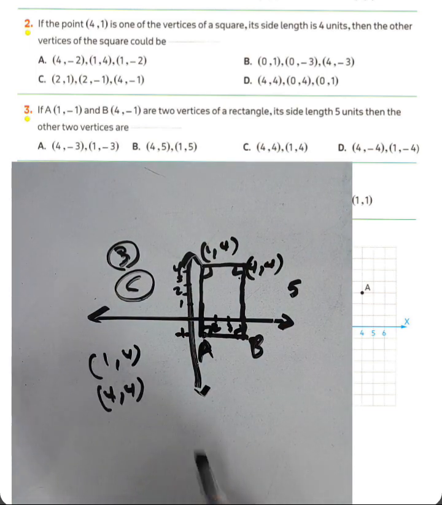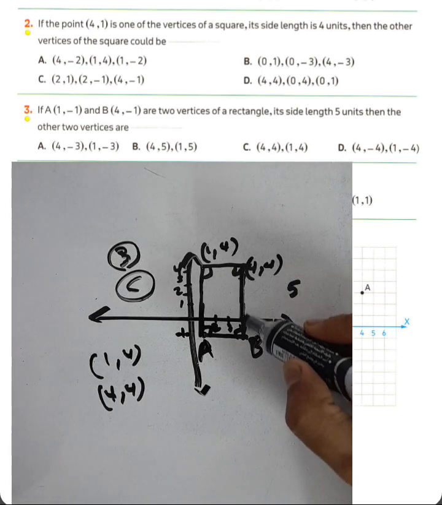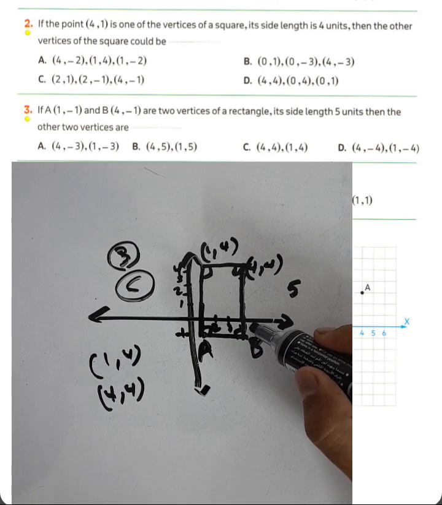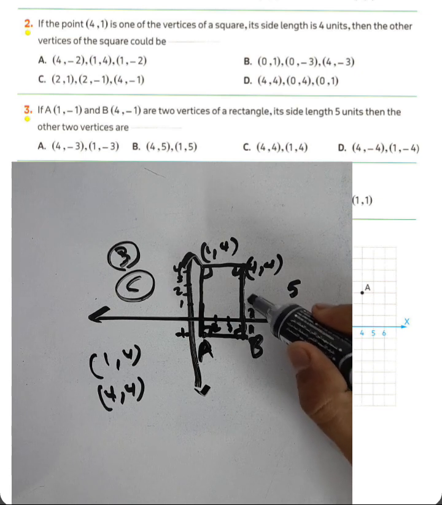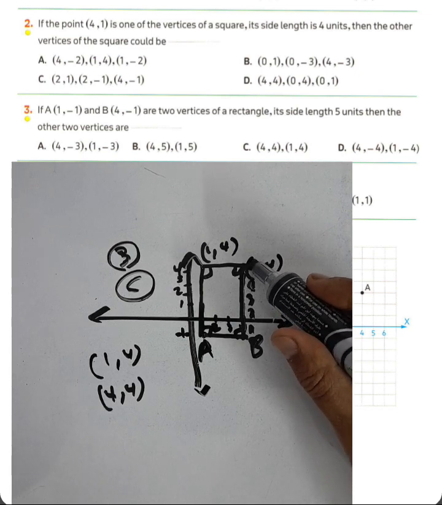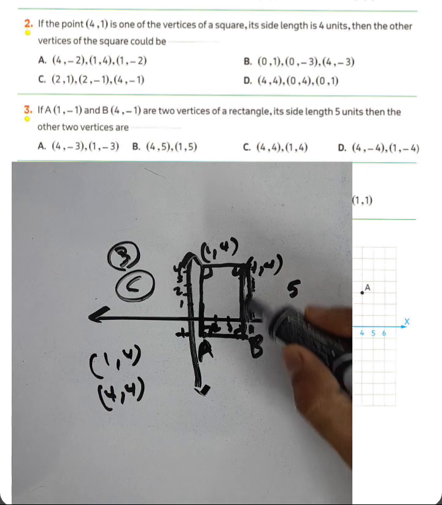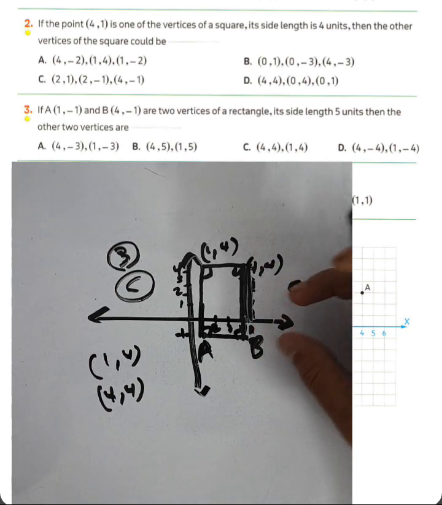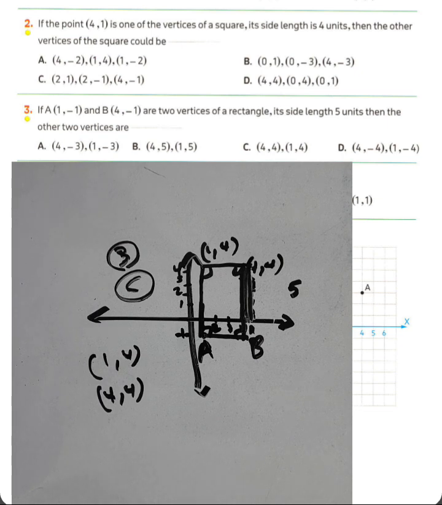Why? Because it tells us this figure will be a rectangle and the length was 5 units. We have here 1 unit. 1, 2, 3, 4, 5. Count here from 0 up to 4 units, and here 1 unit. 4 plus 1 equals 5. Okay,